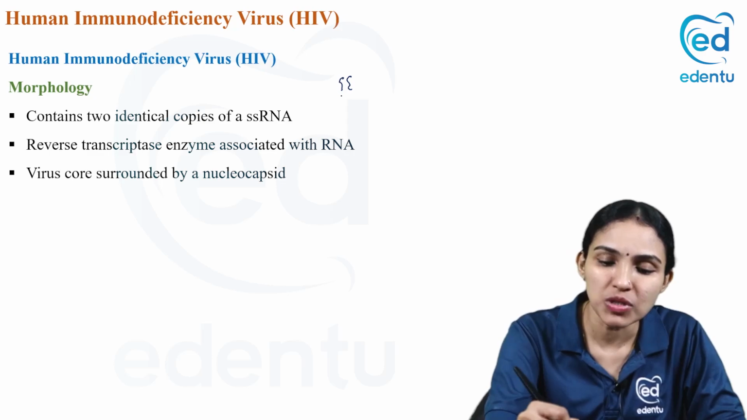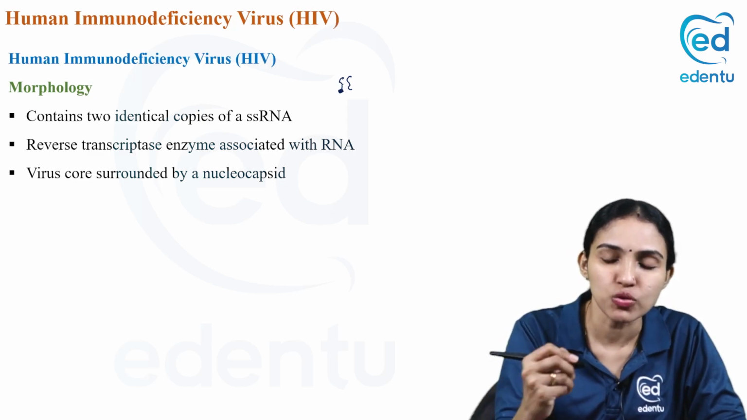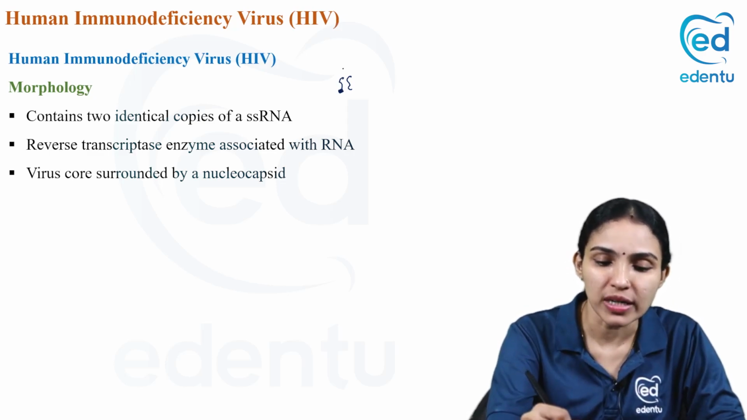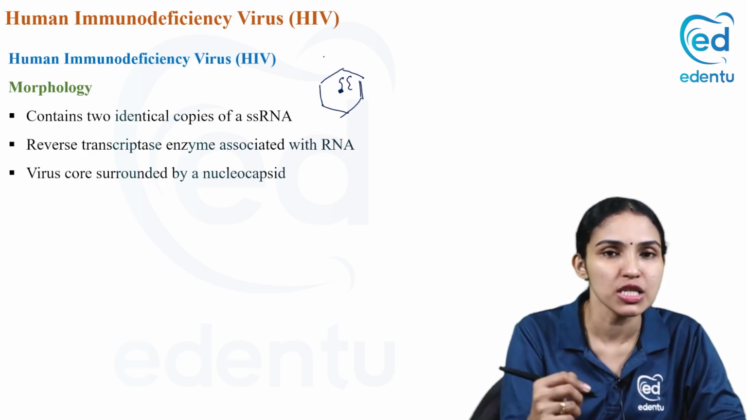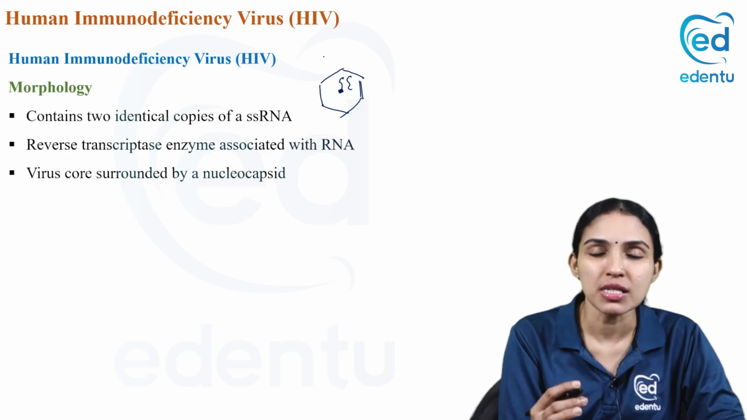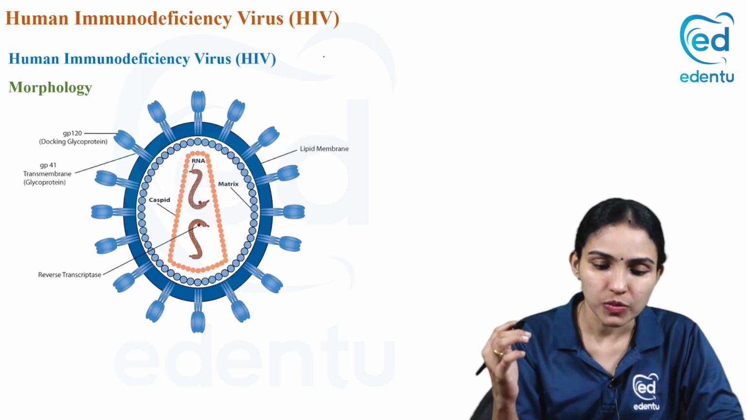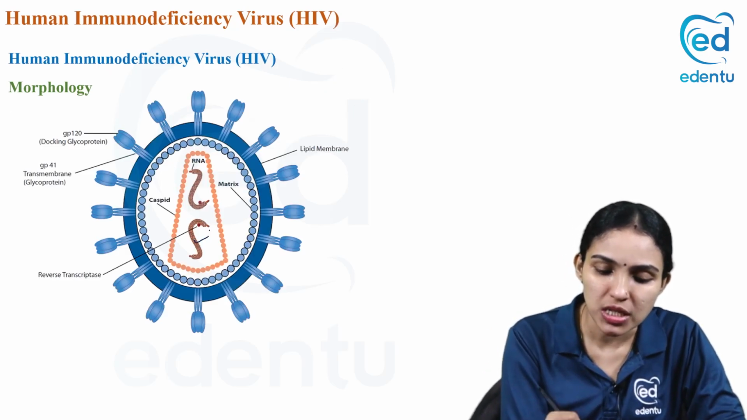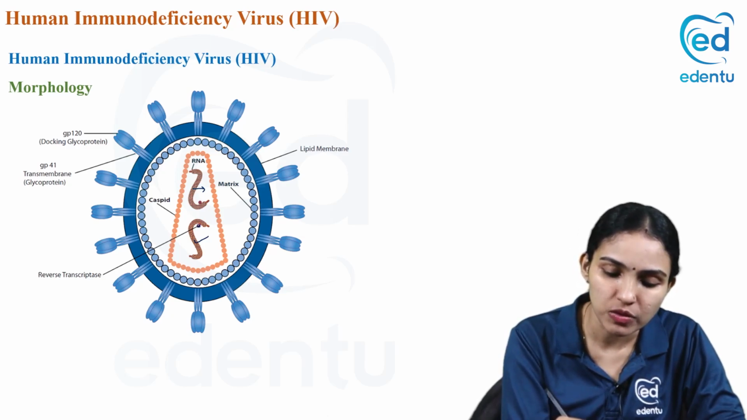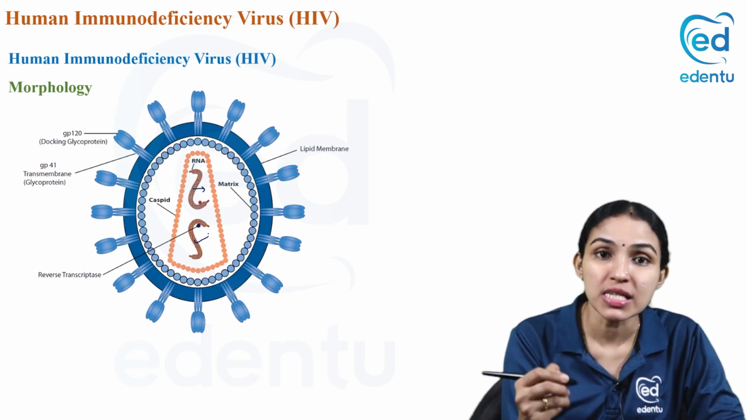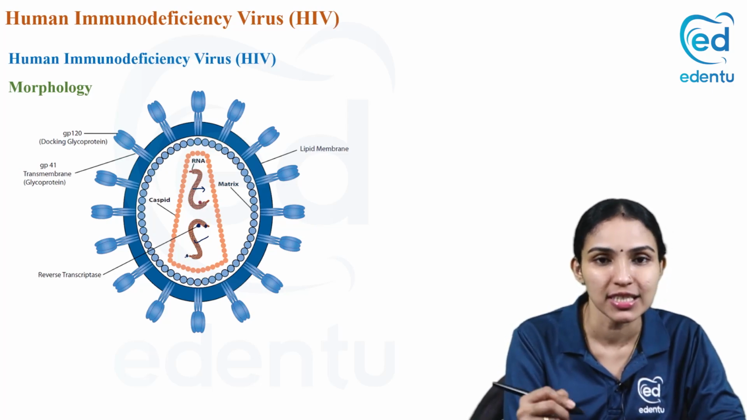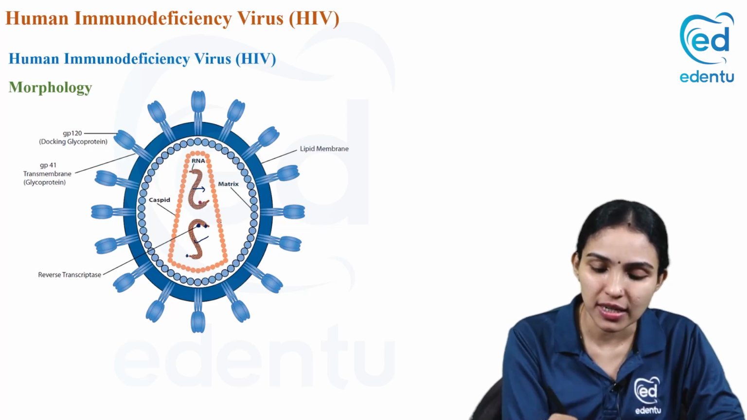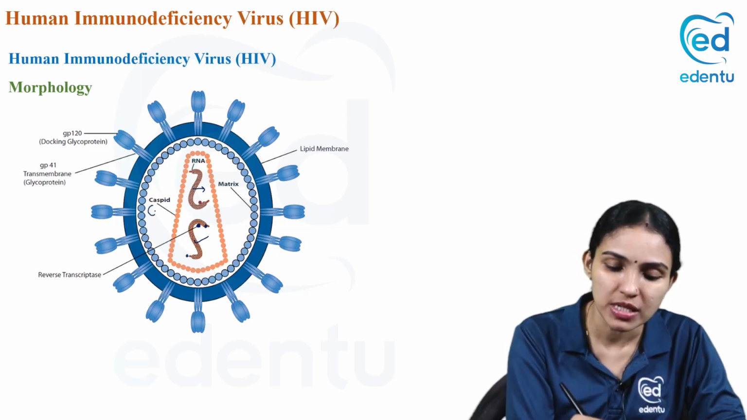The reverse transcriptase enzyme is attached to this viral RNA, and this viral RNA core is surrounded by a capsid. Together you call this the nucleocapsid. Surrounding this the virus has an envelope. You can see the two strands of viral RNA here. Attached to the viral RNA, you have the reverse transcriptase enzyme. There are also certain other important enzymes in HIV like protease and integrase. Surrounding the viral RNA, there is the capsid, and this capsid is composed of